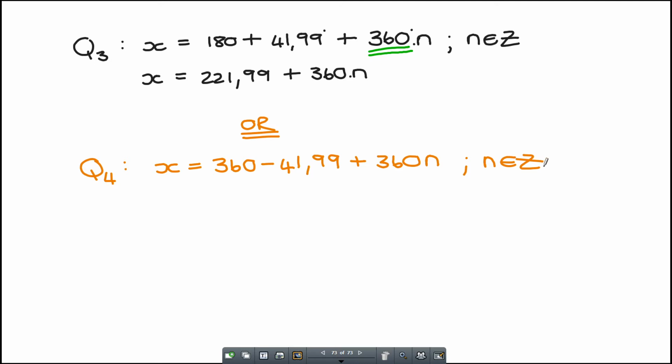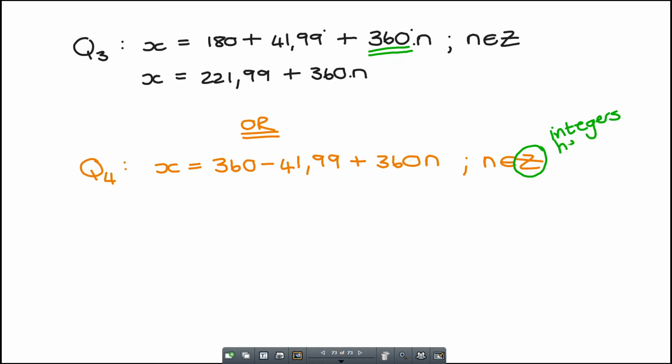Do you guys know what that z means? Ai, graad 9, onthou julle nog integers, enige heel getal. Nee? Kom ons skryf dit miskien gou daar. So when you read it, it says n is an element of all integers. Met ander woorde, n moet altyd 'n heel getal wees. Met ander woorde 1 of 2 of 3 of 4 of minus 1, minus 2, minus 3, né? Okay, so skryf net daar integers